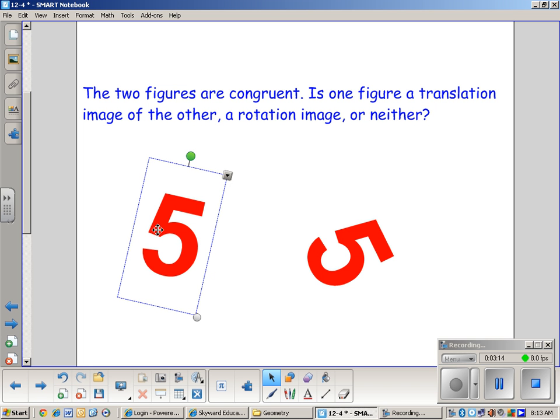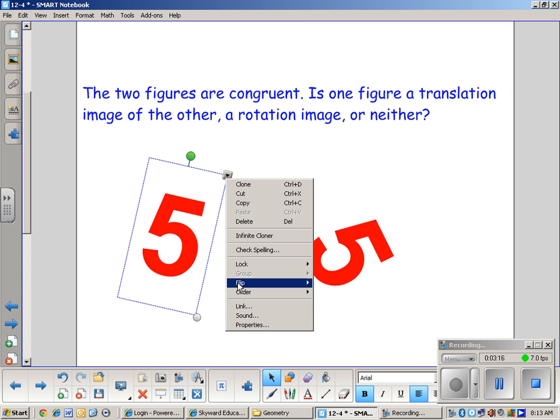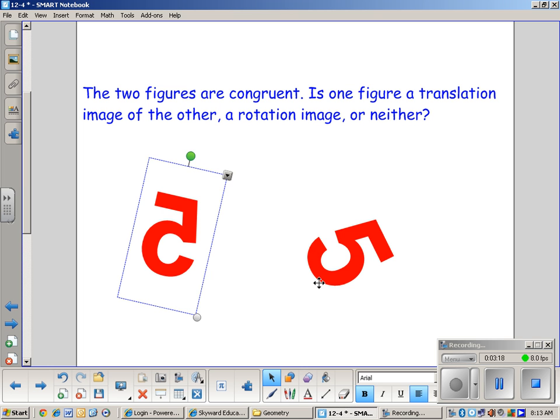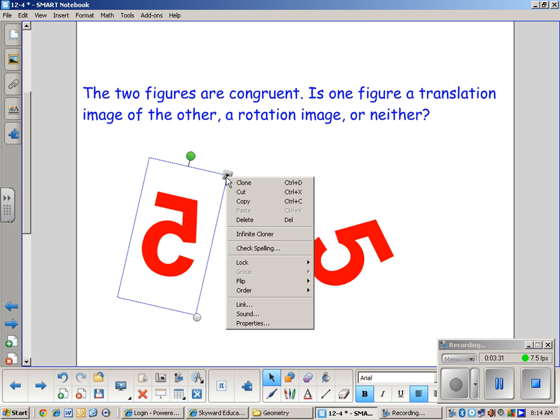Unlike if I did this. Now it doesn't look like a 5 anymore, does it? It's not just a matter of rotating it, it's been flipped over, hasn't it? So the orientation is backwards. So if they have the same orientation, then